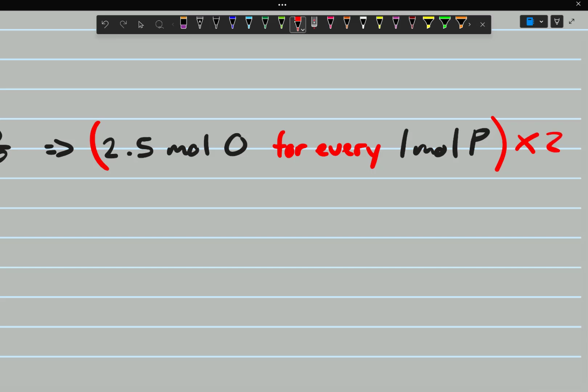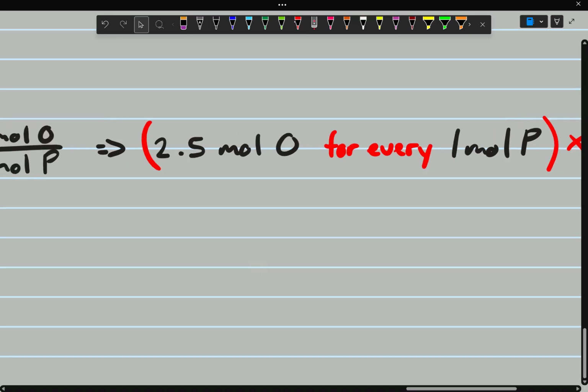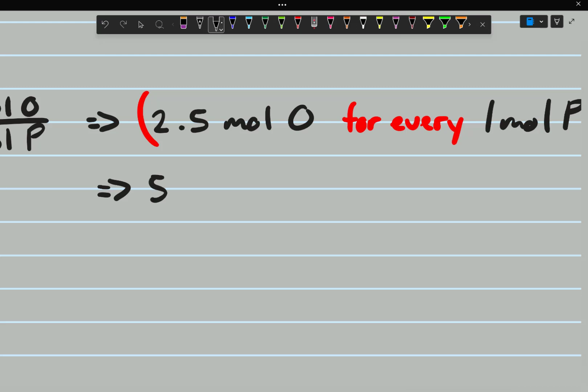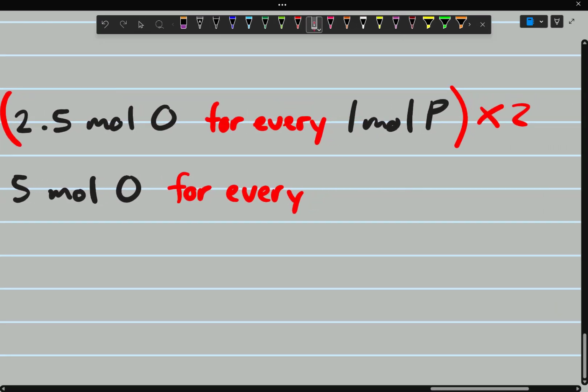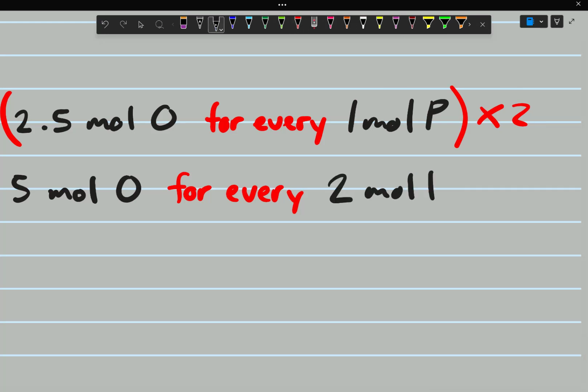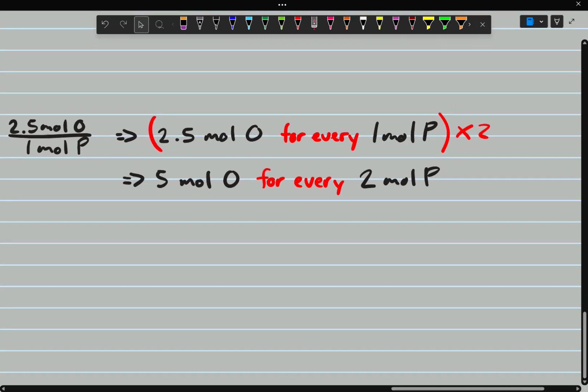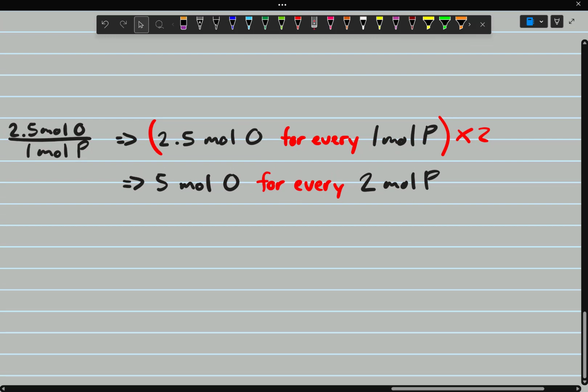by 2. We know if we multiply 2.5 by 2, we're going to get 5. But you've got to remember to multiply both of them by 2. If you multiply both of them by 2, this expression just becomes 5 moles of oxygen for every 2 moles of phosphorus. So if there are 5 moles of oxygen for every 2 moles of phosphorus in this compound,